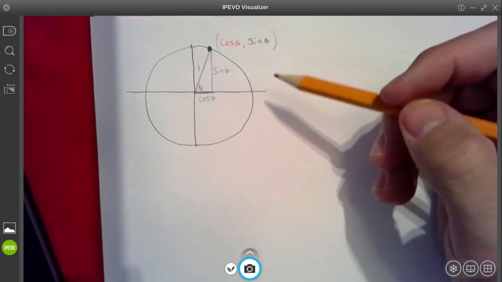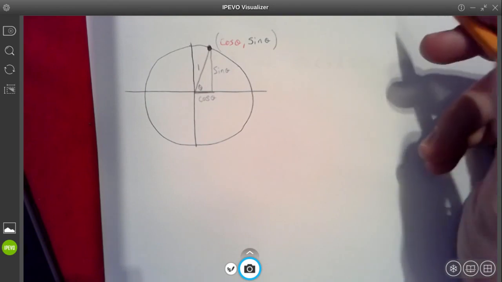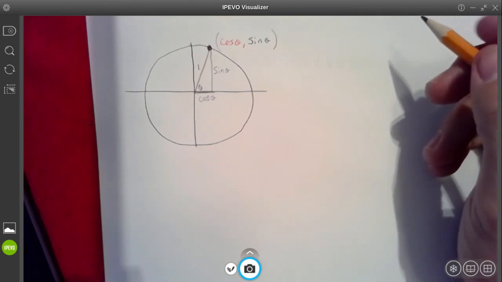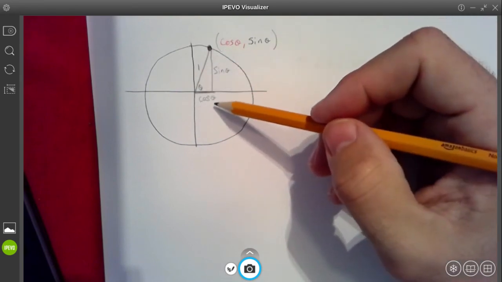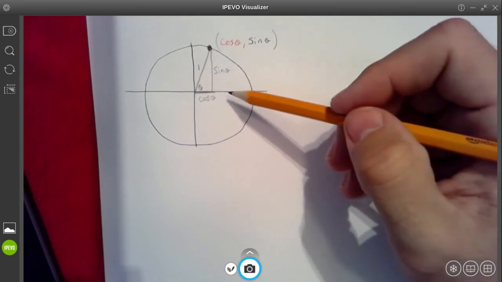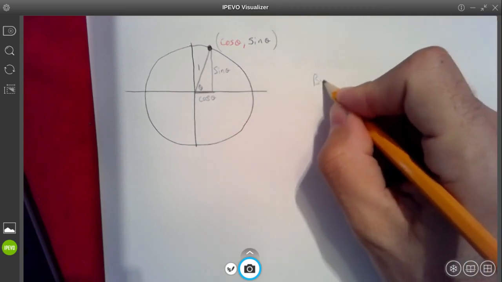I've talked about this before. What I want to talk about this time is something called the Pythagorean identity. Right. So hopefully you see my right triangle inside here. If I apply the Pythagorean theorem to this,